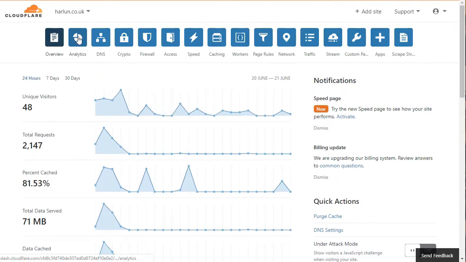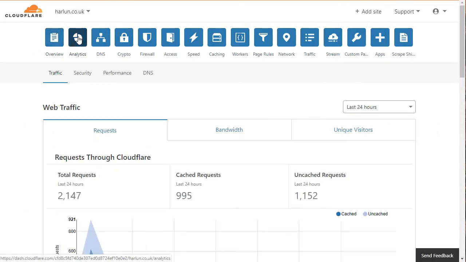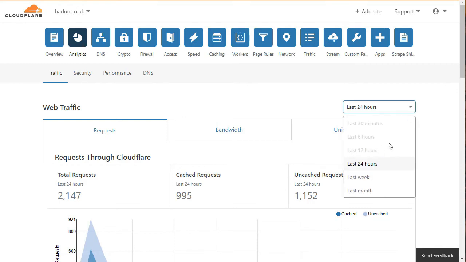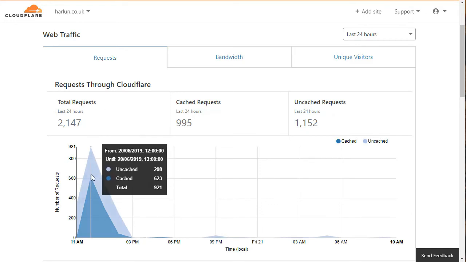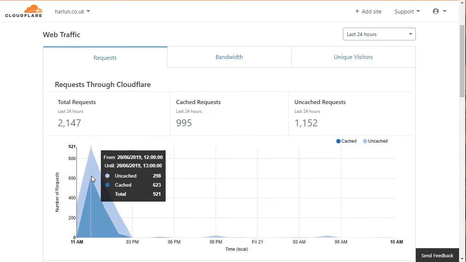Okay, let's go back up to the top and we'll go across to the analytics. The analytics section has 4 tabs: traffic, security, performance, and DNS. You can set the time for the data, and then you can scroll down and you can see here that we have the requests through Cloudflare, and moving your mouse over the graph will give you data. There we have 298 requests uncached and 623 requests that were cached